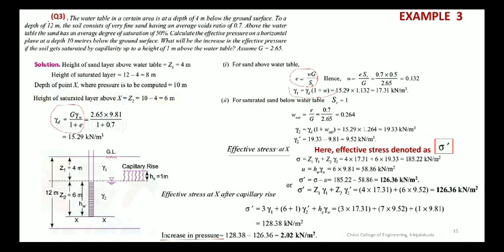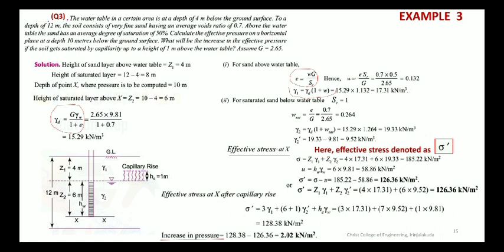So we can find out the dry density gamma D value, which is given by the equation. It is highlighted there. Gamma D is equal to G gamma W divided by 1 plus E. So in this problem we just assumed gamma W as 9.81. You can take it either as 10 also, but you have to mention what you have assumed. So G gamma W divided by 1 plus E, substitute in that equation, and you will get the dry unit weight as 15.29 kilonewton per meter cube. So E value is given, it is 0.7. G is given, gamma W is assumed as 9.81, and we got 15.29 as the gamma D value.